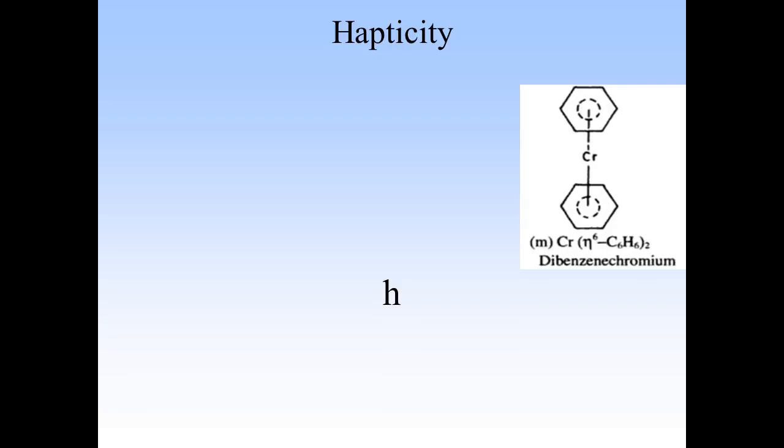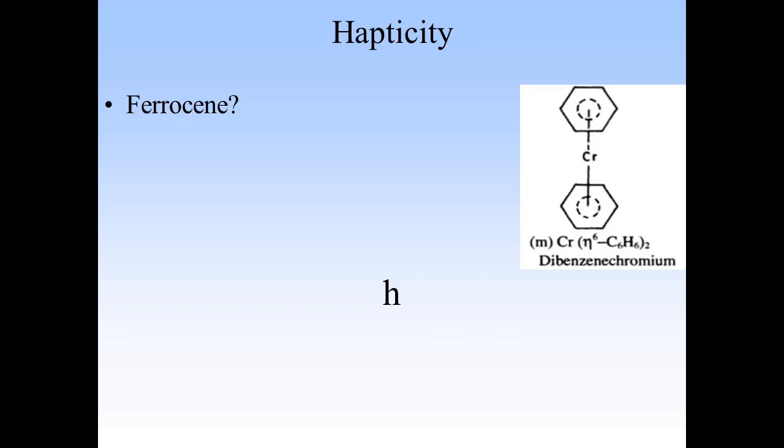That means that all the 6 carbon atoms of that benzene ring are linked with chromium. Therefore, you see the structure is Cr, hapticity 6, eta 6 benzene. So there are 2 benzene rings present. Therefore, the formula is Cr(eta 6 C6H6) twice. So eta 6 shows that there are 6 carbon atoms in the benzene ring, and all the 6 carbon atoms